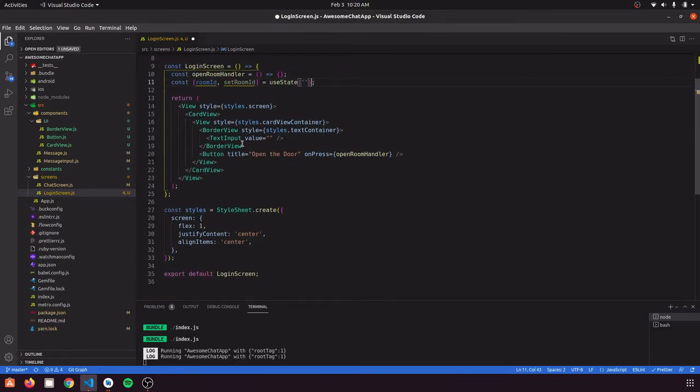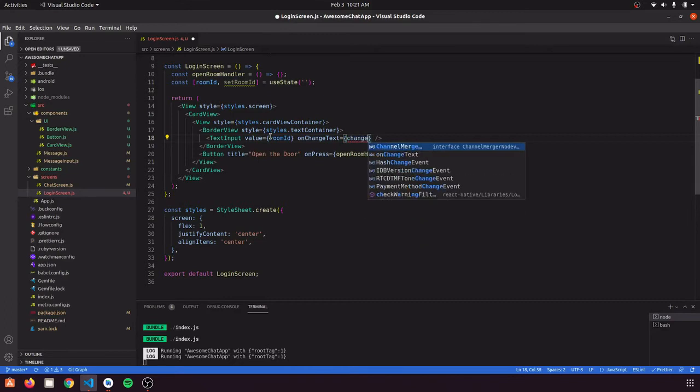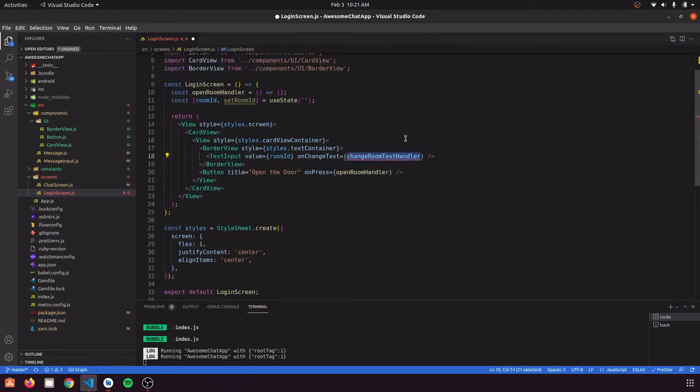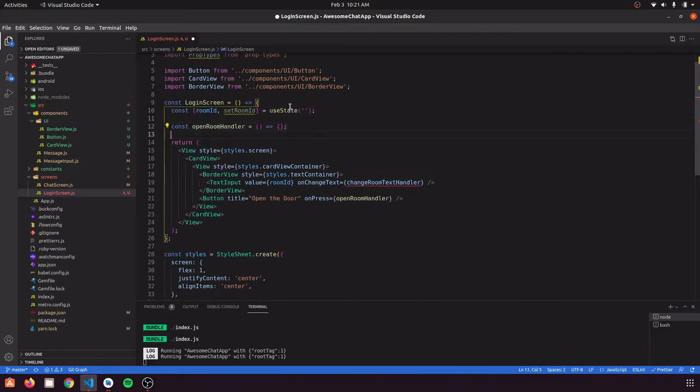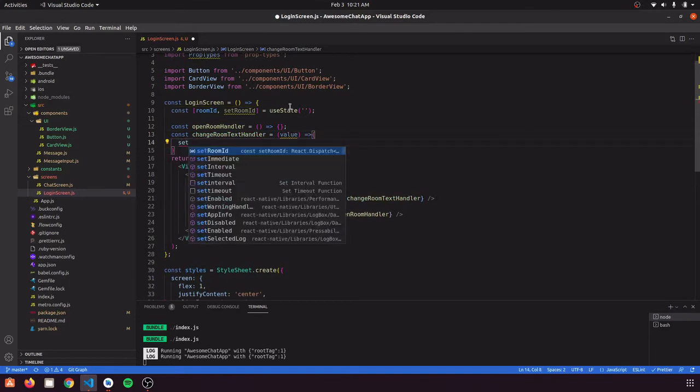Let's give its value as this room ID here, and we are going to give it on change text also. So on change text, let's define this function as change room text handler, and let's define this function above. It would have a value, and we are going to use this value to set our room ID.